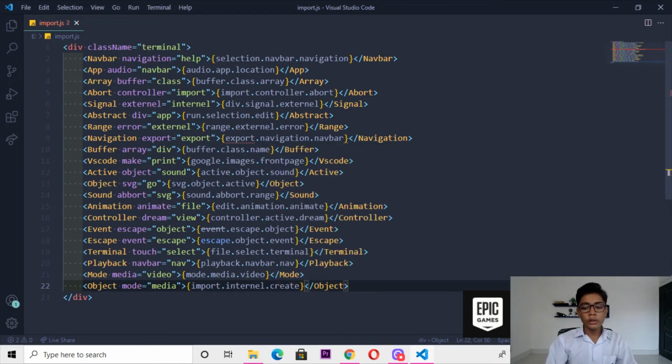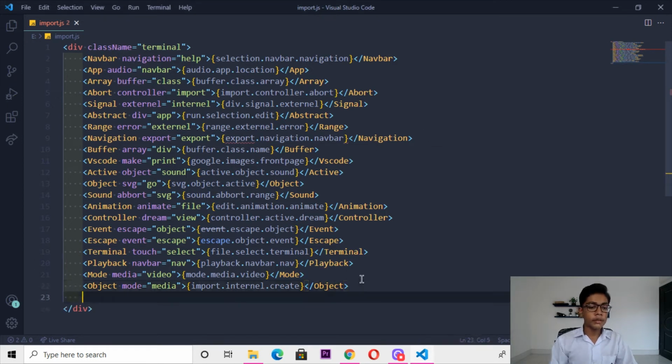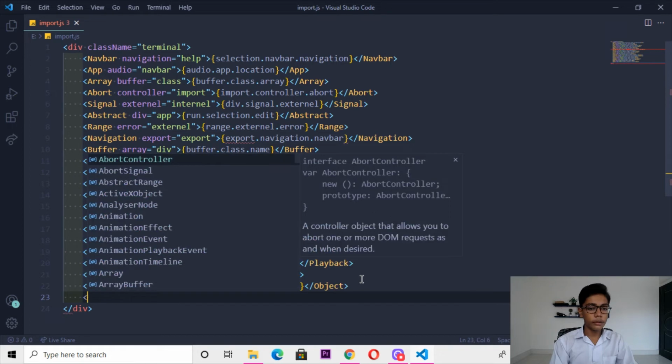Close this. So till here, when you've done all these things, I will be saving this file from here. Okay, I'm pressing Ctrl S. When you save that, just make another tag like here. I will be writing a tag which will be like